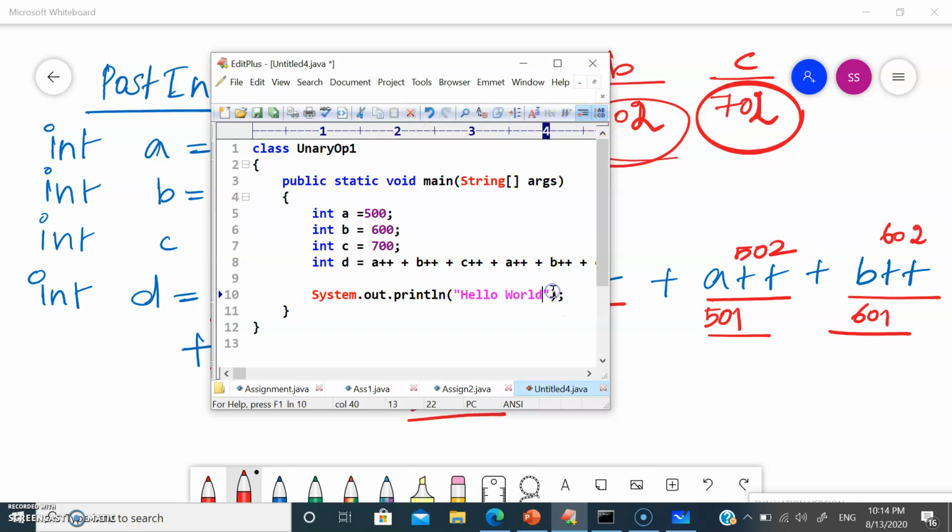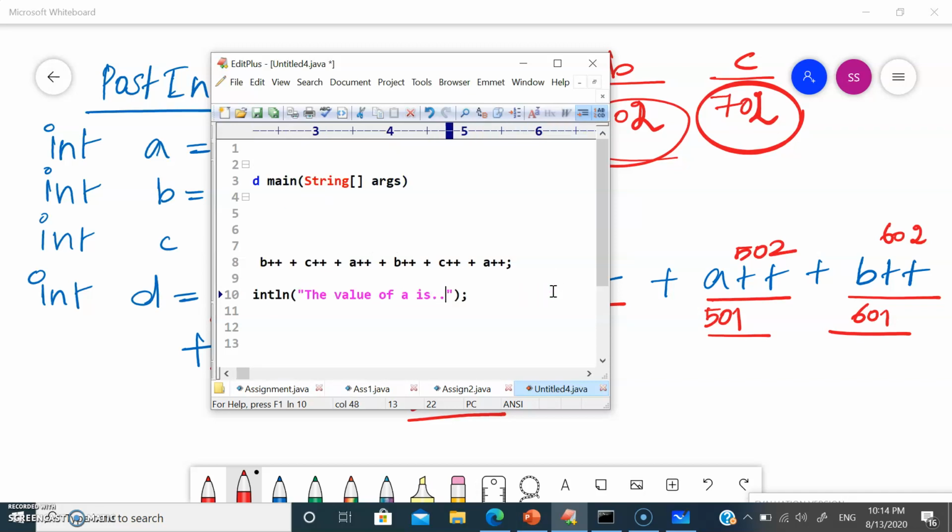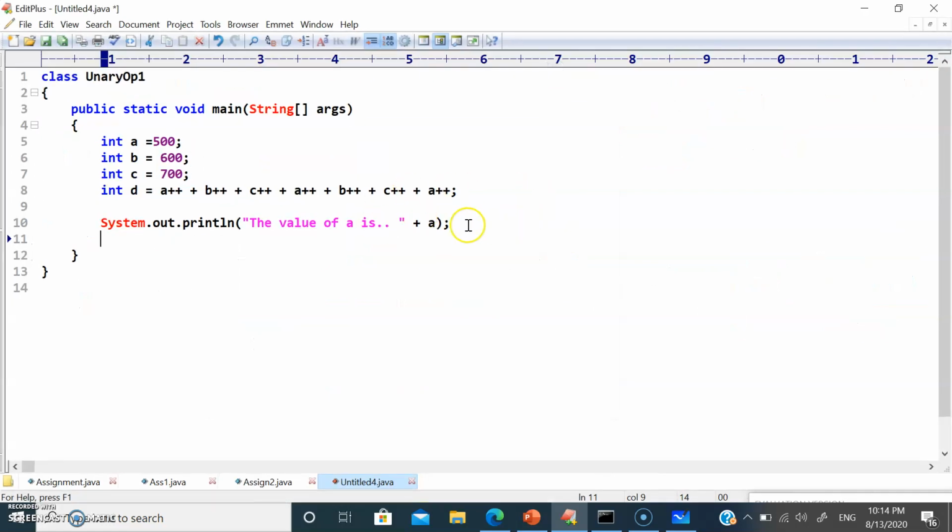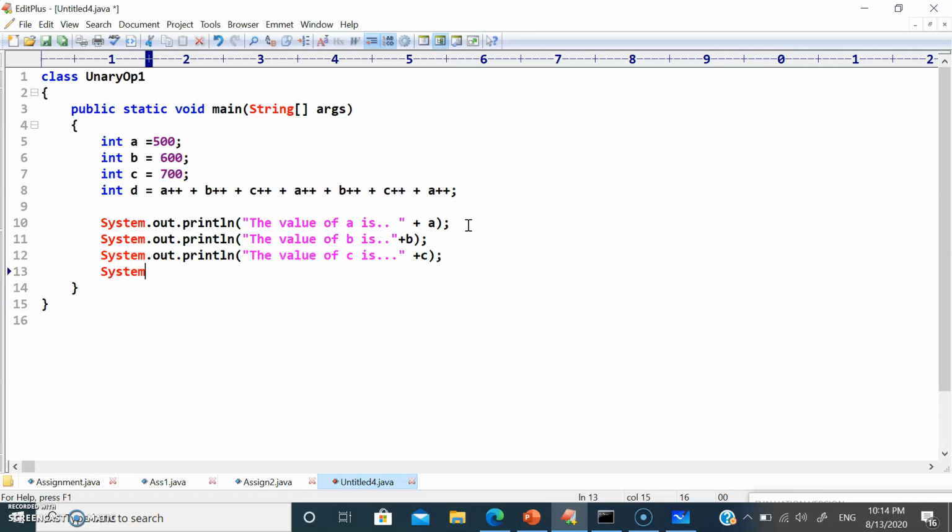Now first we are going to print the value of a, and then the value of b, the value of c, and then we will get the value of d.